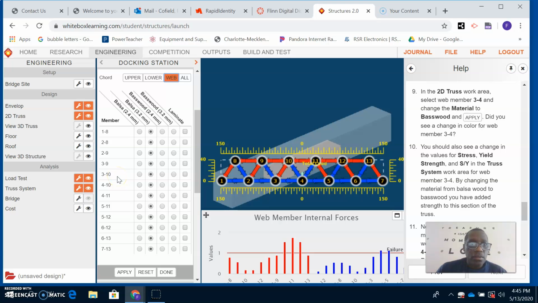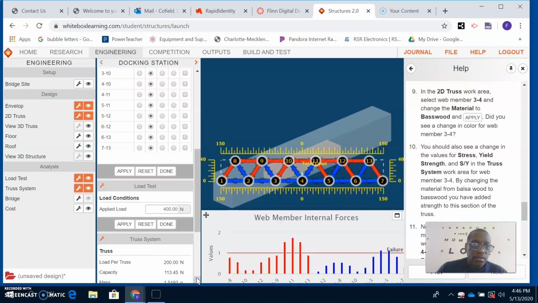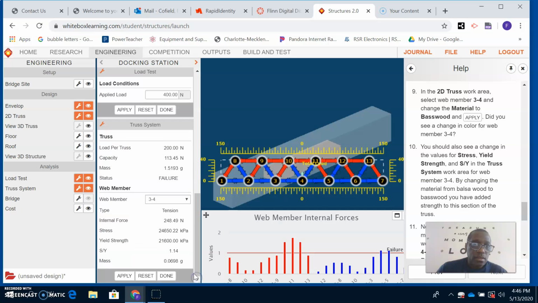Web number. They ain't showing 3, 4. 3-4. Very interesting. Should